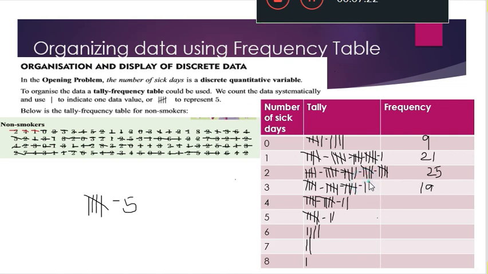Alright, let's continue. So this should have been 1, 2, 3, 4, and then this is like 12. This is 7, and this is 4. This is 2, and then 1. As you can see, this tally is easy to do, but you have to be careful when you're